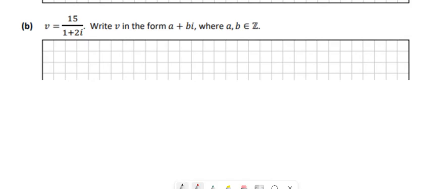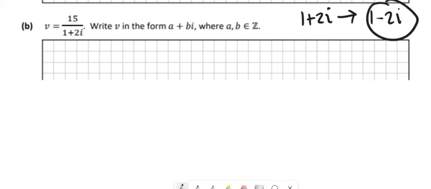This part then, when we have a fraction like that, we always know we're going to be rationalizing the denominator. So what you need to do here is take the conjugate of the bottom. The bottom here is 1 plus 2i, so the conjugate of that is 1 minus 2i. We multiply top and bottom by the conjugate, so the 1 minus 2i. I've taken 15 and put it over 1 plus 2i, that's the question. So now I'm going to multiply by 1 minus 2i